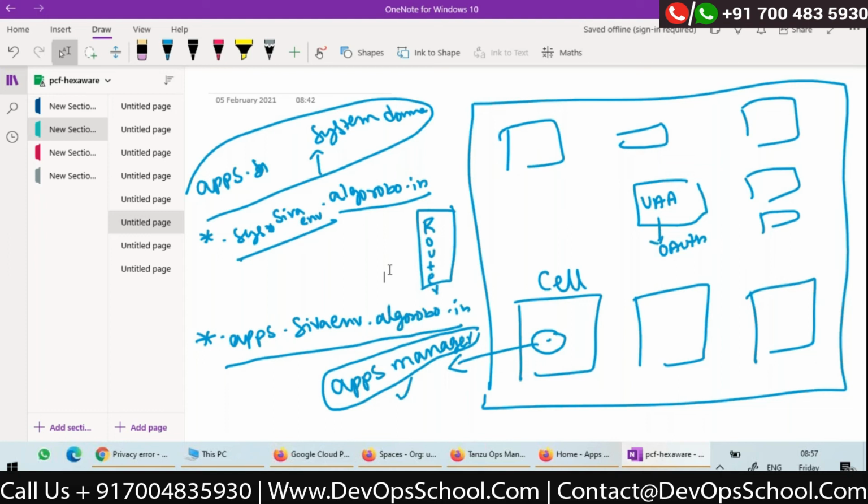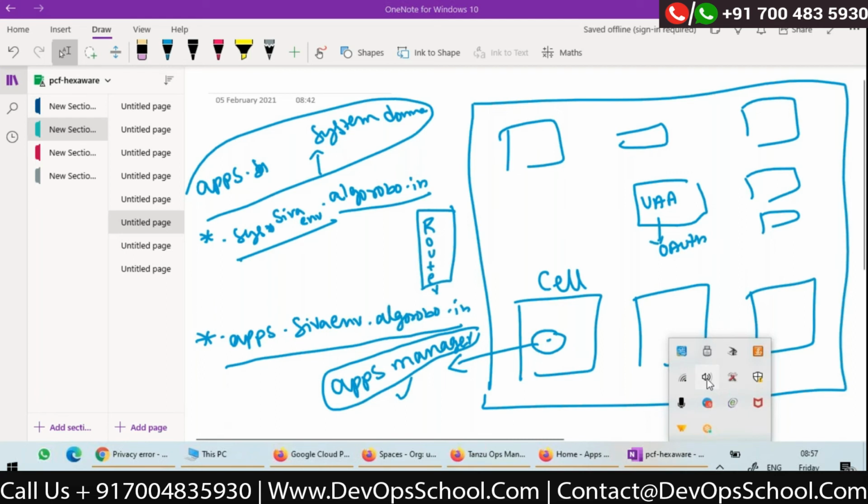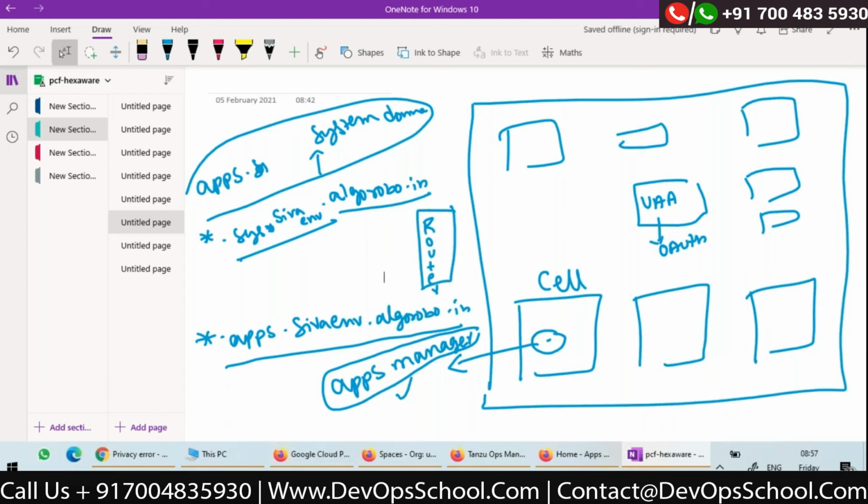No, what I'm asking is, you install Pivotal Cloud Foundry in Google Cloud, right? So now I need to pay for both Pivotal Cloud Foundry and also for GCP. So only VMs are created in GCP, right? Correct. My cost will go high, right? So what's the benefit then?